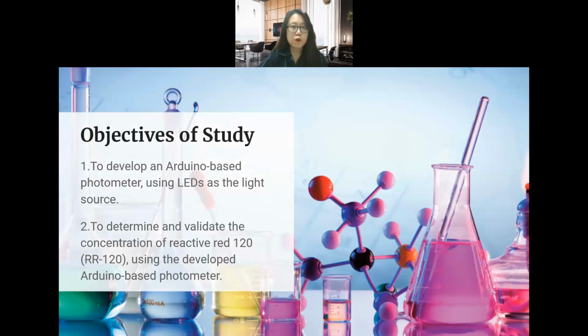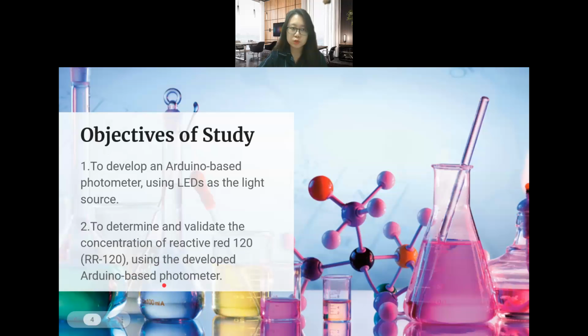There are two objectives of my study. The first is to develop an Arduino-based photometer using an LED as the light source. And the second is to determine and validate the concentration of Reactive Red 120, in short RR120, using the